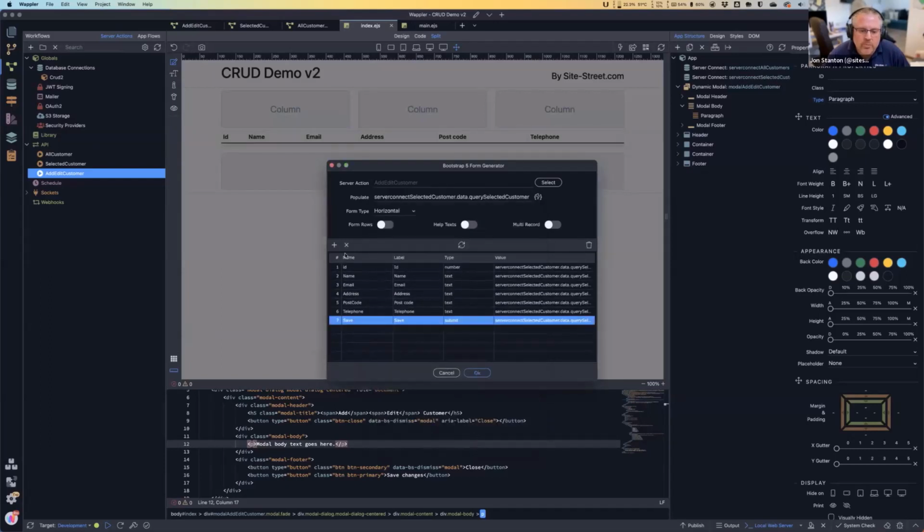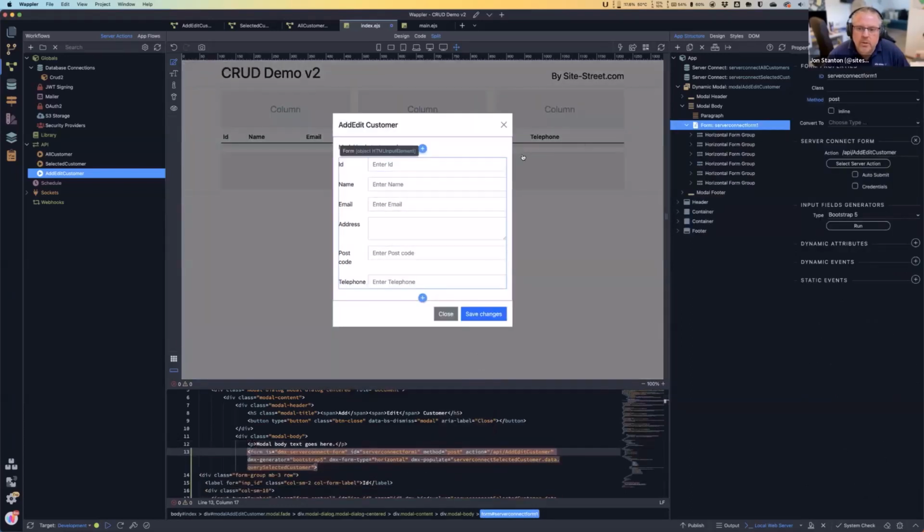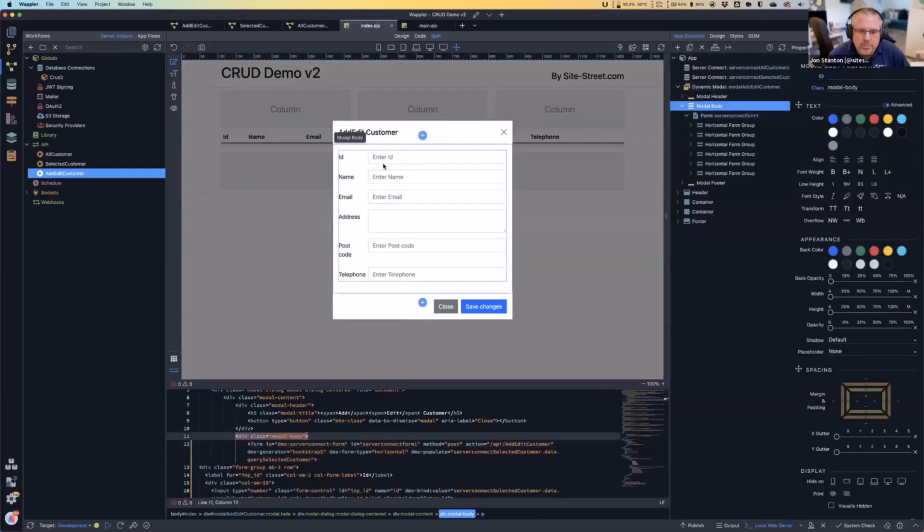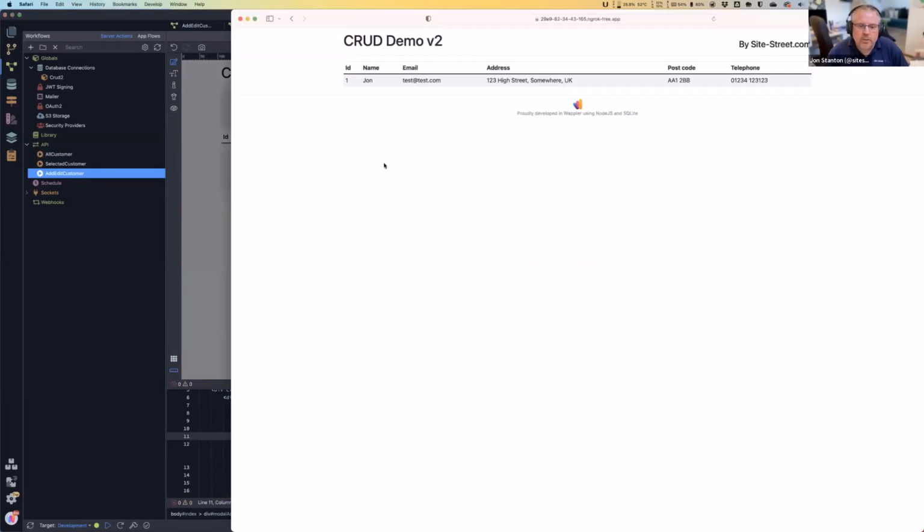We don't want a save button because our modal gives us that anyway, so I'll delete that. And I'm going to make the address a text area. And now we can get rid of that paragraph that was there by default with the modal. So now we've got our field. So if I save that and view it